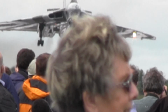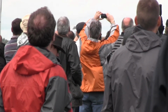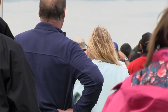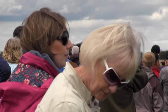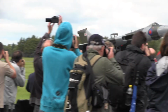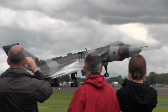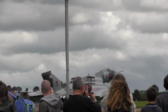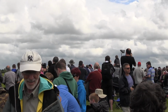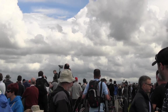Just about to touch down. She does have a big braking parachute, but I suspect she won't use it here on this 10,000-foot runway. She doesn't need to. It's very expensive every time she uses the braking parachute, but occasionally we can use it when it's not strictly necessary. But I noticed that Pod is keeping the nose up, which means that the oncoming airflow is hitting that huge delta wing, that absolutely enormous slab of metal, and that's slowing the aircraft down, and he'll drop the nose down at the very last minute. There's the nose wheel coming down, all 8